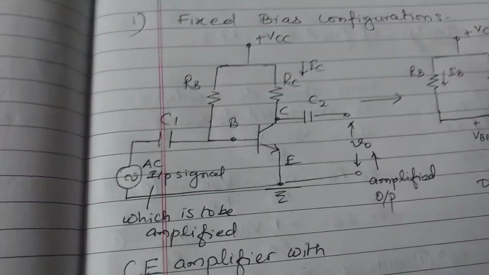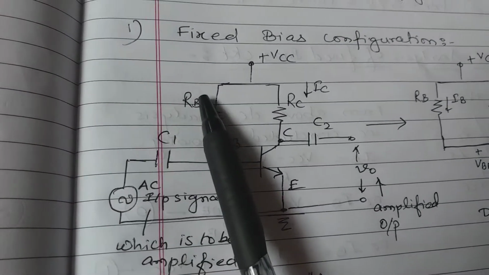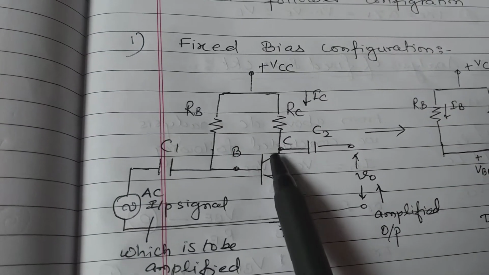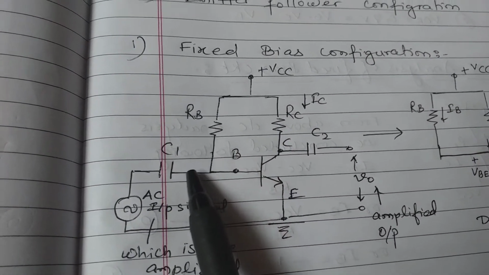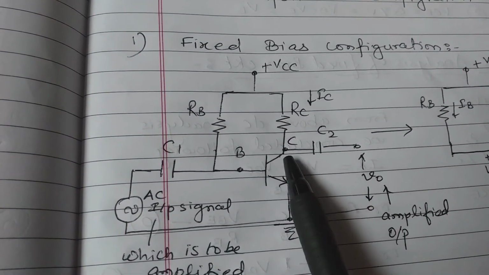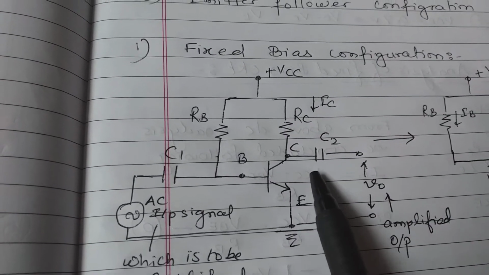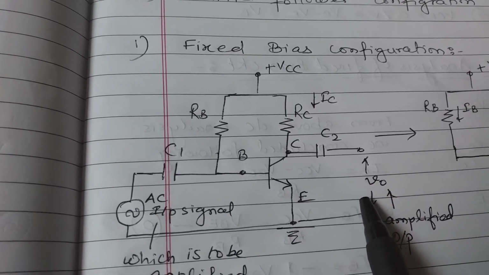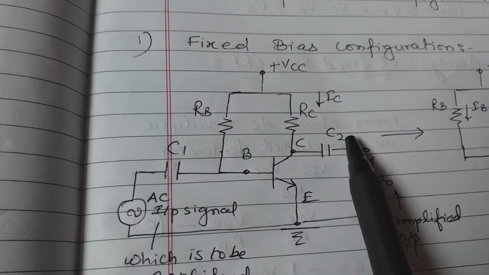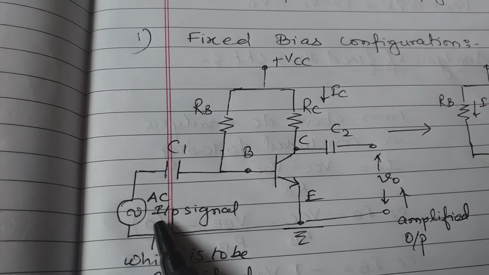We know that a capacitor blocks DC. So it will block the DC. It will not allow the DC supply, which we are giving to this transistor circuit for biasing purpose, to enter the AC circuit. Similarly here, we want only the input signal to be amplified at the output, so DC should not enter the output circuit. These two are called the coupling capacitors C1 and C2. Their purpose is to block DC from entering the AC circuit.